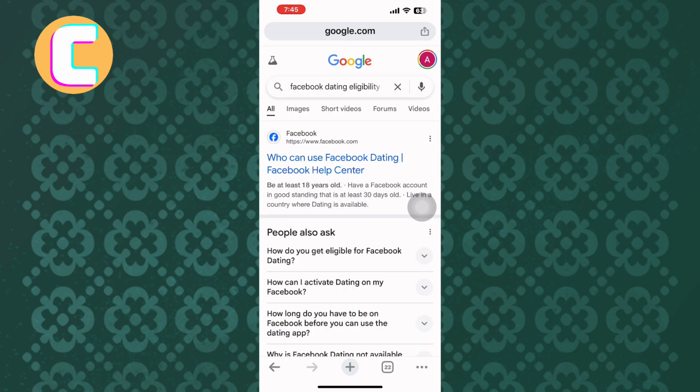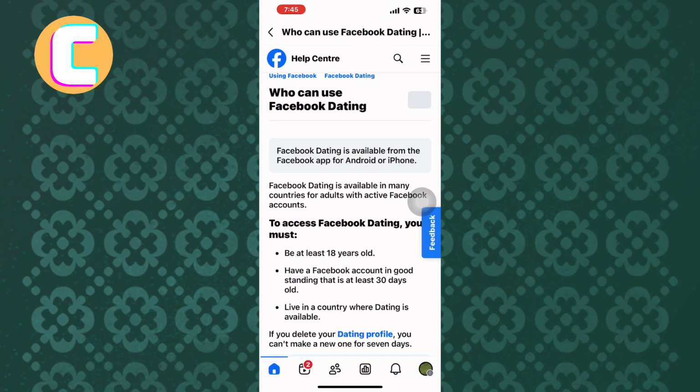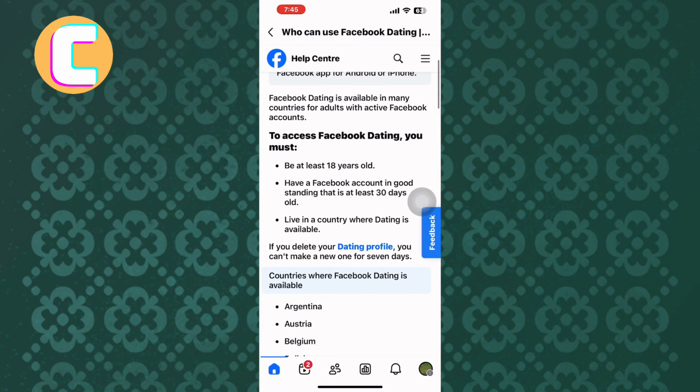First, open or launch any browser on your mobile device. From there, search for Facebook dating eligibility. In the search results, tap on the top result. This will take you to the Facebook mobile app Help Center, where you will find all the requirements needed to